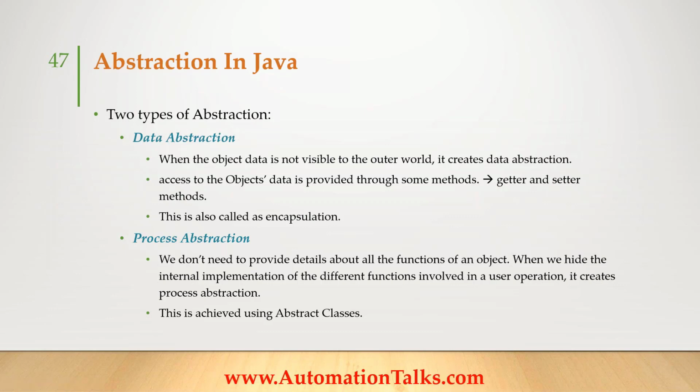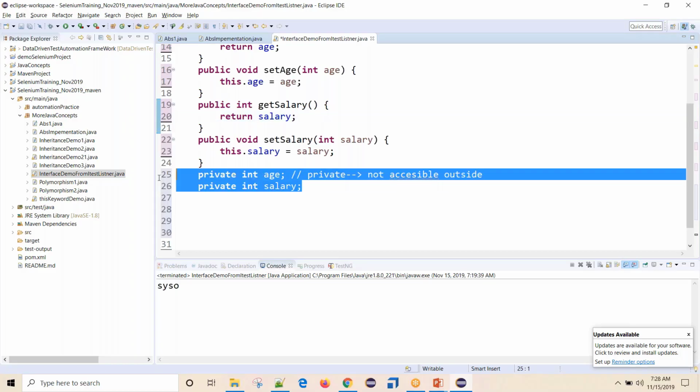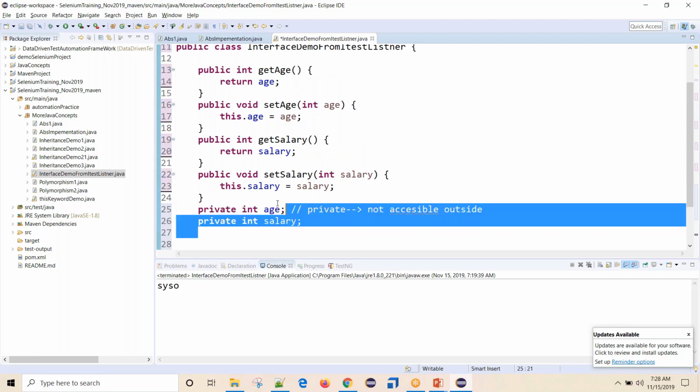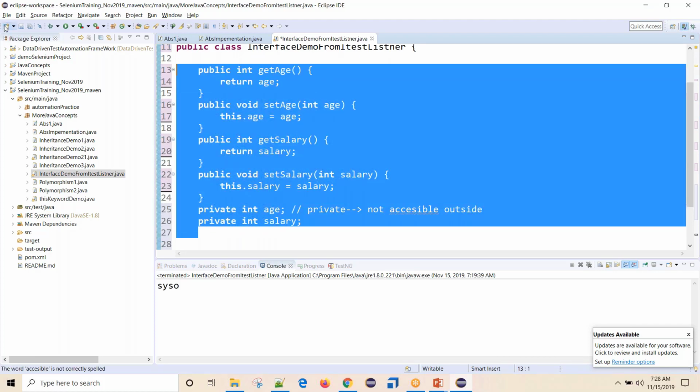We will be talking about this encapsulation separately. But encapsulation is again a type of abstraction called data abstraction, and this is how we achieve data abstraction: define all our variables as private and access them through getters and setters, so that they are not visible to the outer world. Do not worry, we'll be talking about this abstraction, and frankly